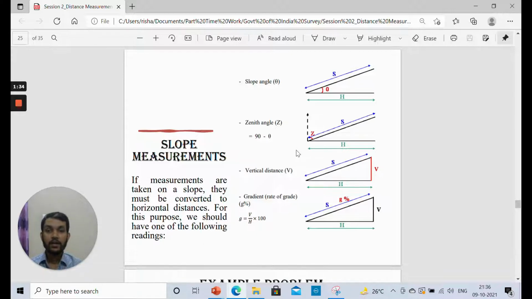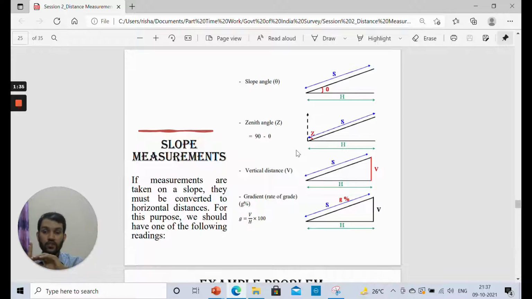Okay, last one is vertical distance. If slope distance is known to us and the vertical distance is also known to us, at times what may happen is, it is easier to calculate slope distance, obviously, if the ground is sloping. Just by using simple taping technique you can measure the slope distance, and along with this you can measure the vertical distance between 2 points. How can you measure it? Maybe by leveling. Okay, you have measured the vertical difference, or the difference in elevation, between those two stations. Suppose it is known to you.